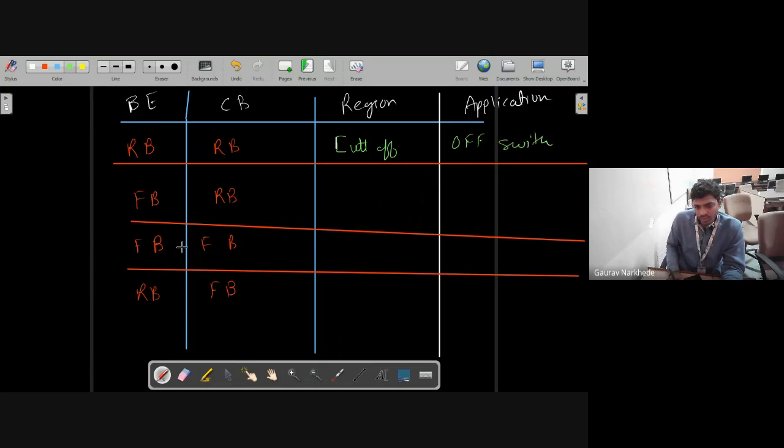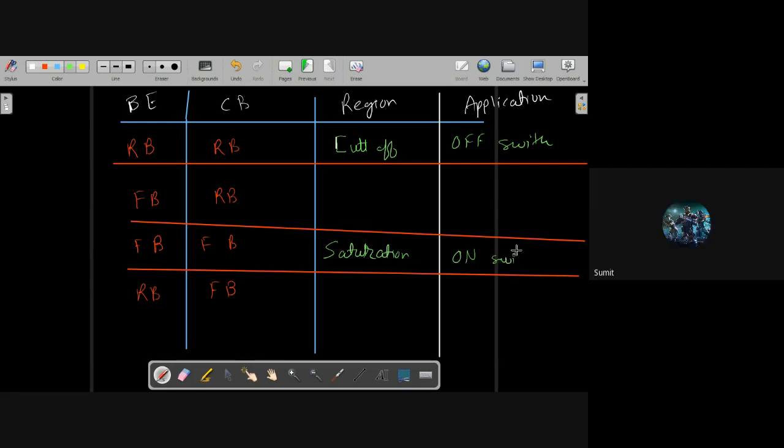दोनों फॉरवर्ड में गए तो करंट फ्लो हो जाएगा, राइट? तो इसको क्या बोलेंगे हम, सैचुरेशन रीजन। और सैचुरेशन दोनों फॉरवर्ड में मतलब करंट फ्लो हो रहा है, तो विच इज दिस? ऑन स्विच।